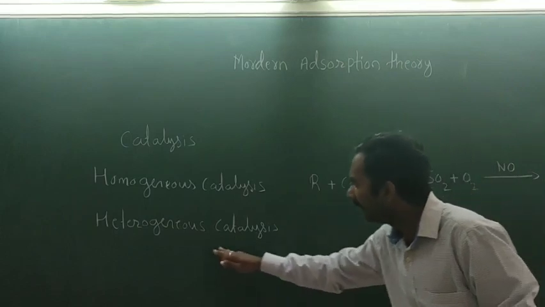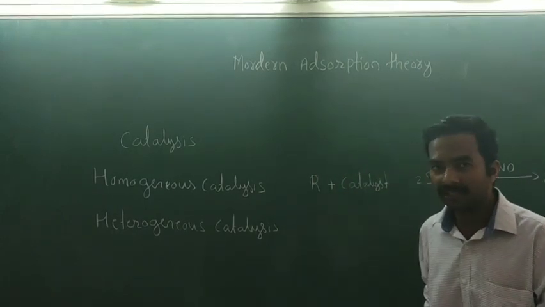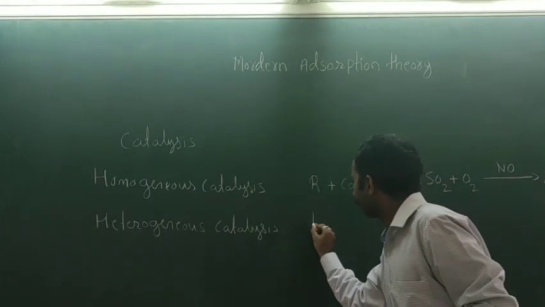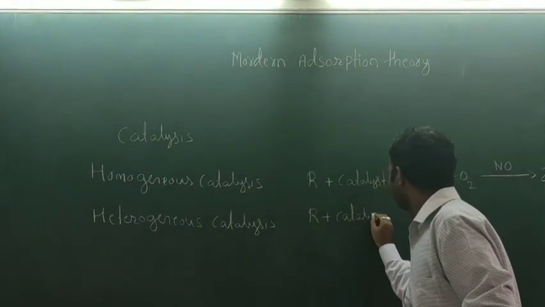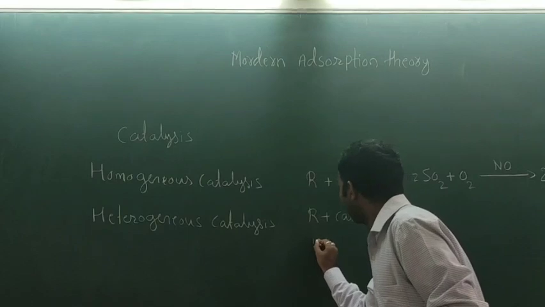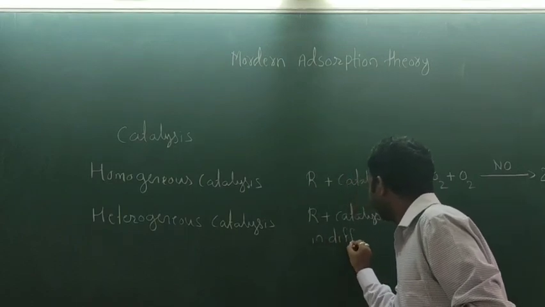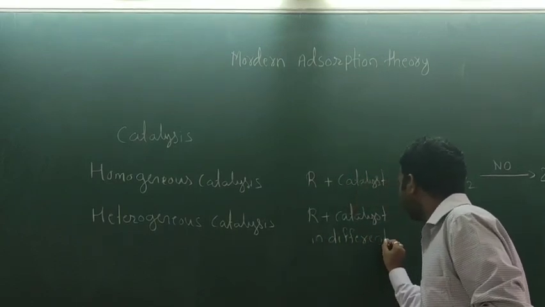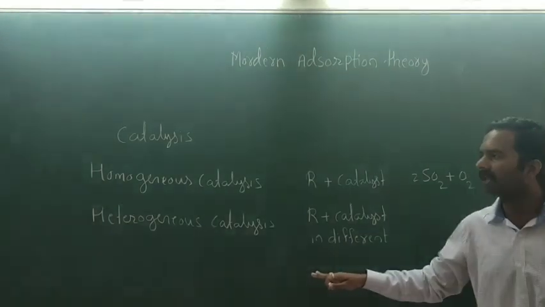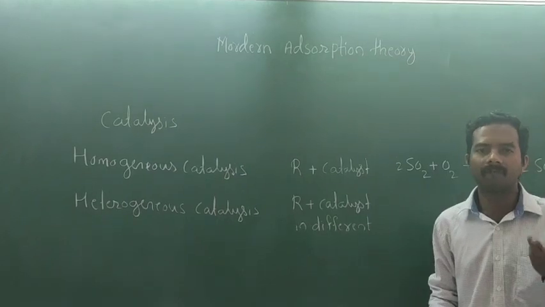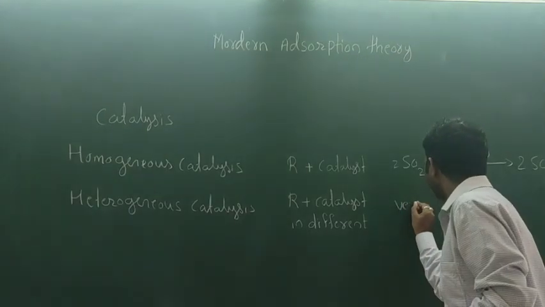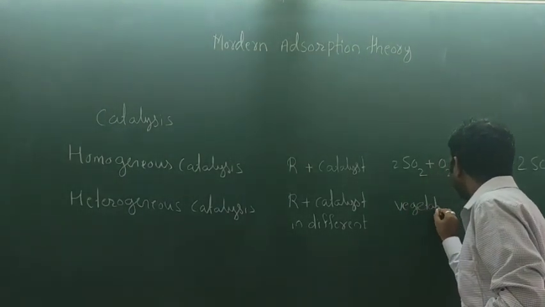Okay. So next one, heterogeneous catalysis. Heterogeneous catalysis means the reactant and catalyst are in different phases. So this is called heterogeneous catalysis. For example, vegetable oil